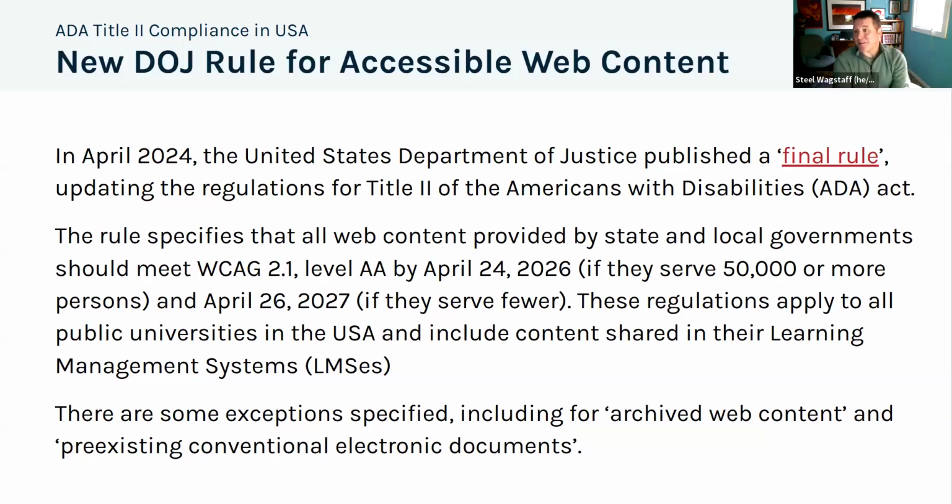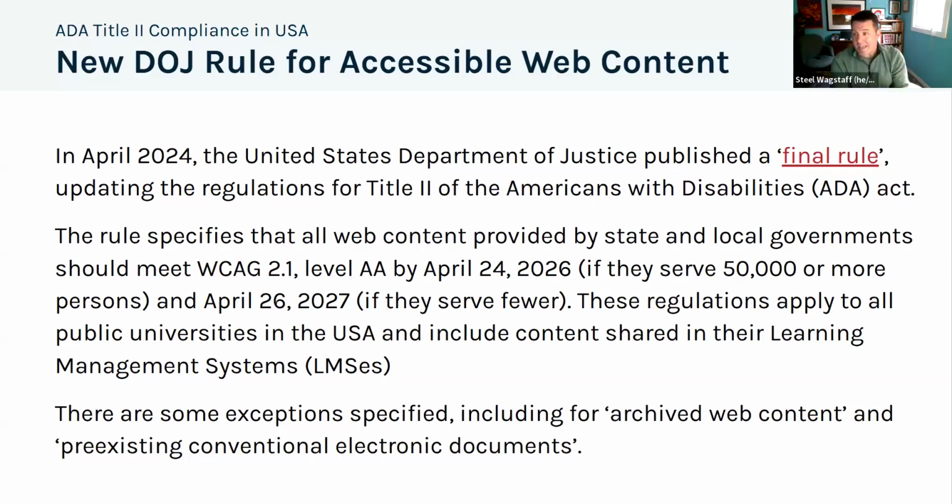Many of you are affected by this rule and regulation or have been thinking about it and have been working hard to figure out how will our institution comply? How will we help conform with the law and not just conform to the letter of the law, but be more inclusive and welcoming for people of different abilities?